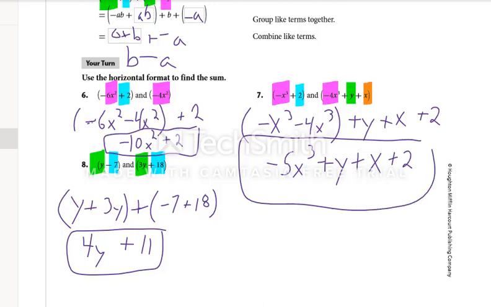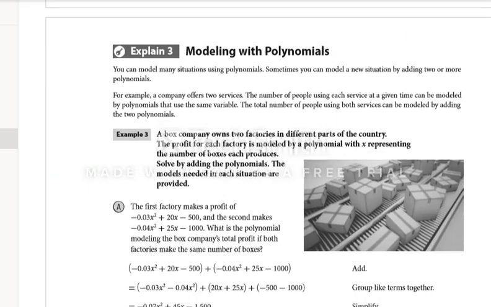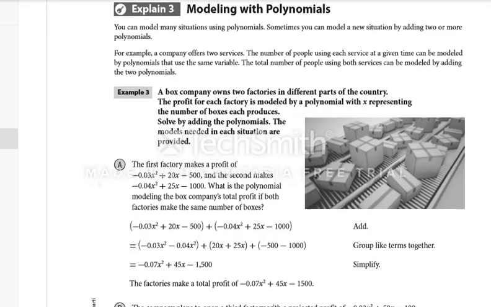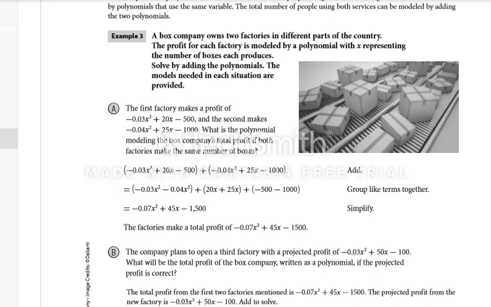All right, and our last little bit, looking at modeling, we can look at some real world type problems. They have equations for profit in a box factory. They own 2 factories and they have different profits represented with each factory. So they can figure out the total profit by adding those 2 profits together. And since they have two different equations, and x is the number of boxes that each produces, we can add our profits together to find